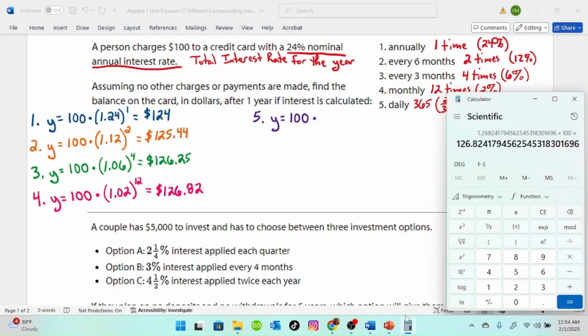So in a calculator, we would say 24 divided by 365. And we have this really long decimal point. We're going to go ahead and add the 1 to maintain